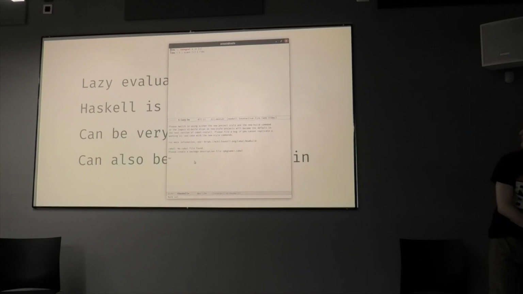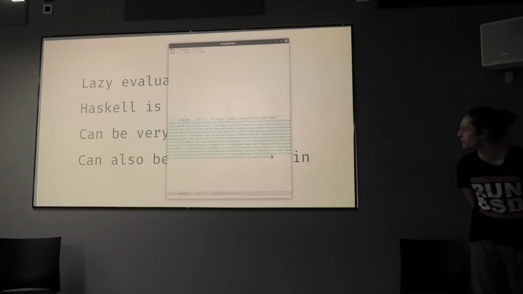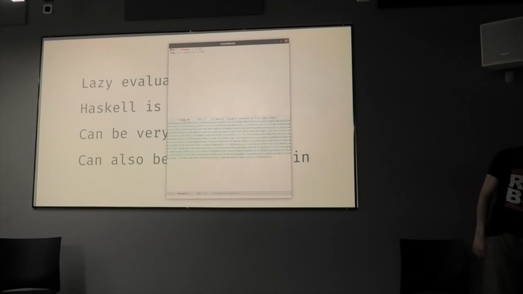Okay. So yeah, if I just type fibs, it's an infinite list. So it's just gonna keep going forever, which is nice. But I can also do things like say take 5 fibs, and that's just gonna take 5 off the front of the list.